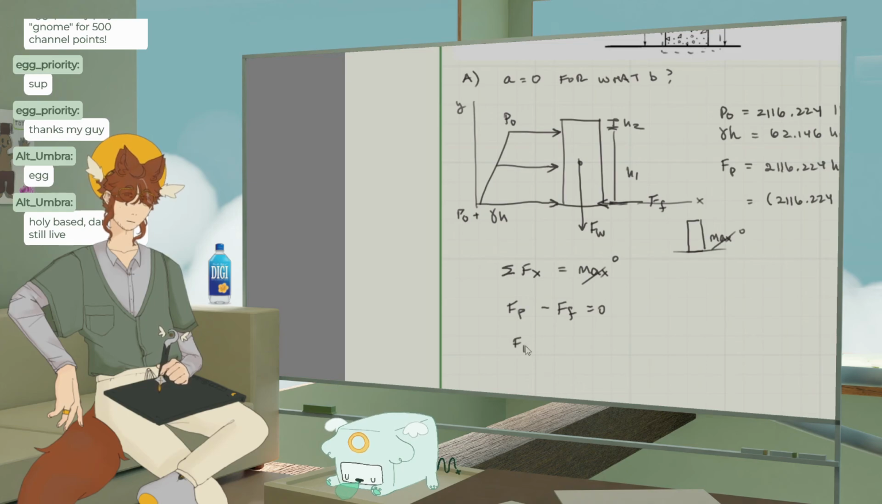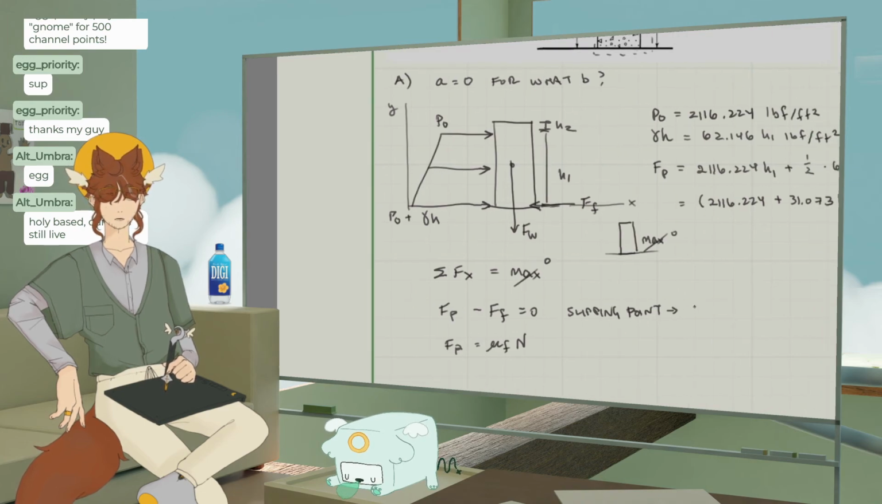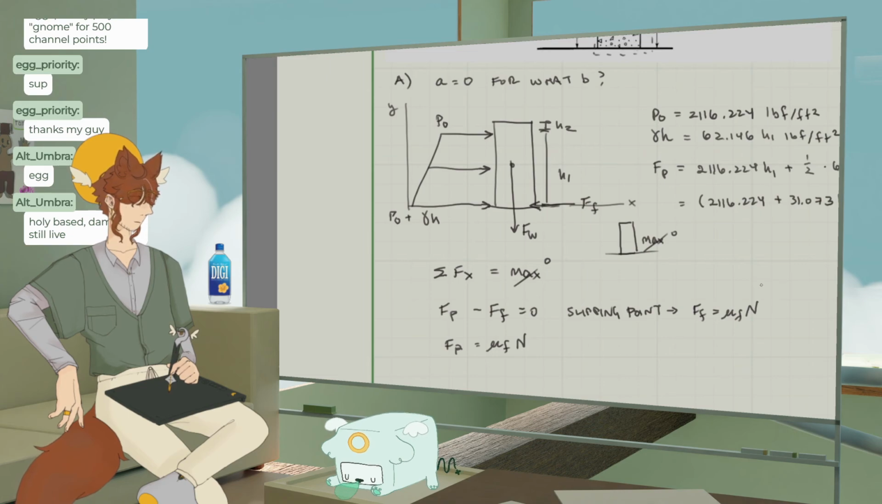FP equals... okay, N. Now tipping point or slipping point, slipping edge point. I just wanted to say edge, I'm not gonna lie. Slipping point: FF equals mu sub Fn. Yeah. So